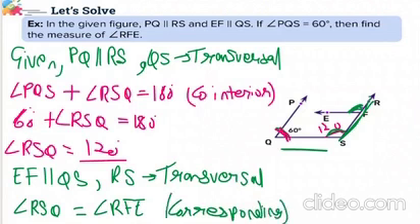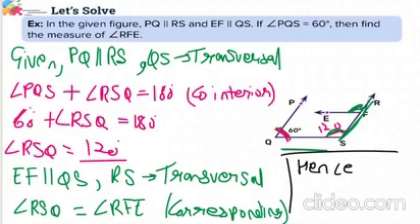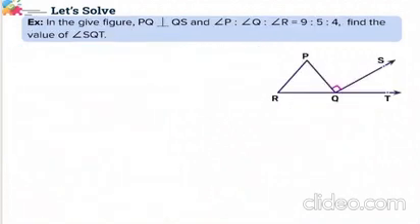We prove that, hence, I'll write here, RSQ is 120, so angle RFE is equal to 120 degree. That is my answer. Next question is, in the given figure, PQ and QS are